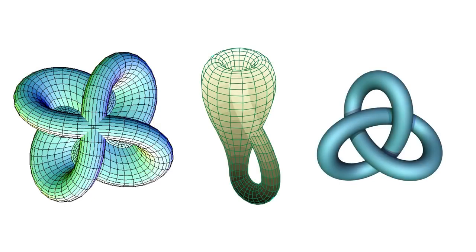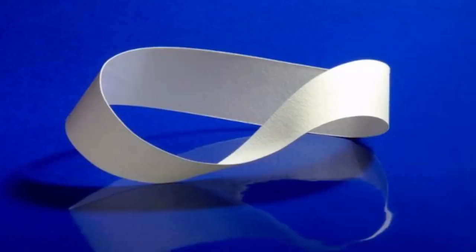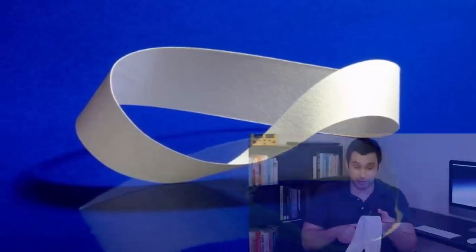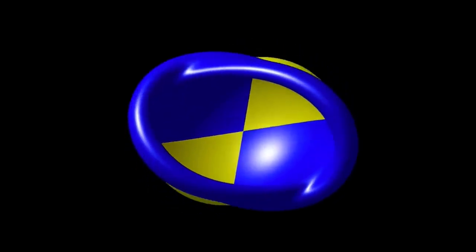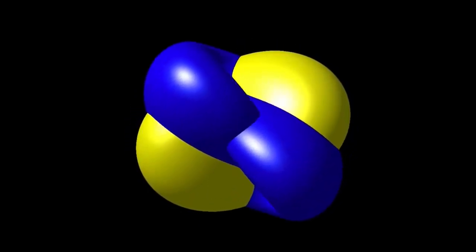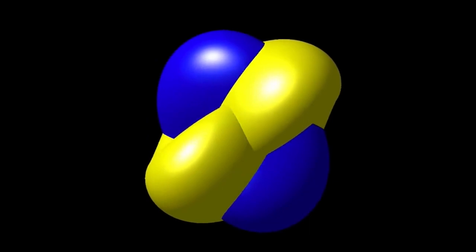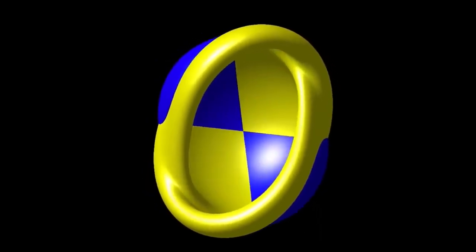This class allows you to understand the mathematics of things like cutting a Mobius strip in half, which I did in a previous video. Or it reveals mathematically how you can turn a sphere inside out without cutting or tearing it or making any creases, while, yes, allowing self-intersections. Is this it? Is this a sphere turning inside out?